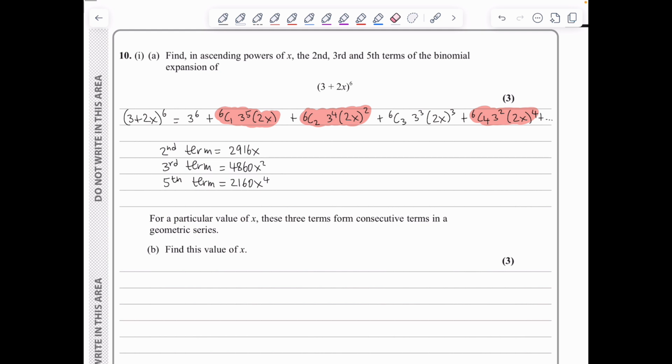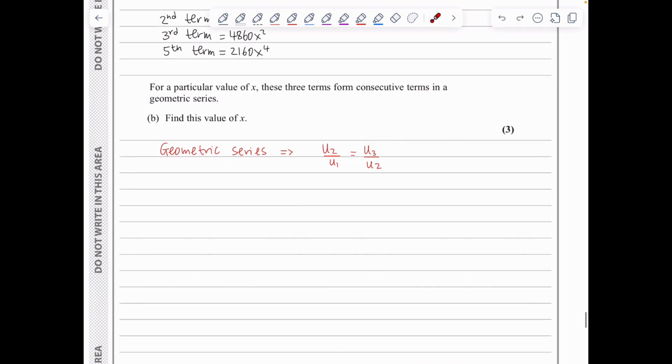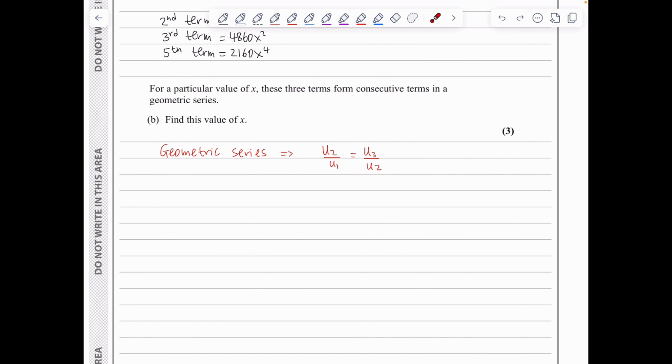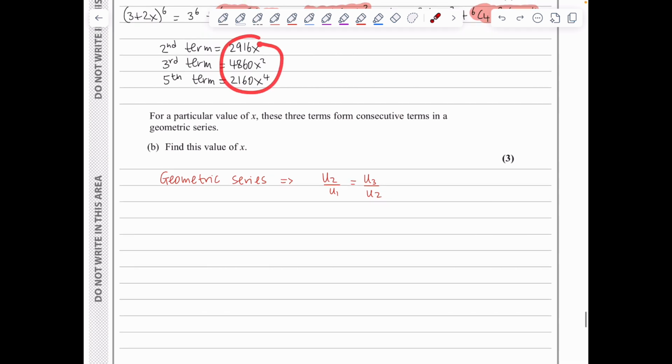Now for a particular value of x, these three terms form consecutive terms in a geometric series, and we need to find this value of x. Well, we know that in a geometric series, the ratio of consecutive terms is always the same. So I could say that u2 over u1 is u3 over u2. So I will be using these three terms here, treating them as u1, u2, and u3, which leads to